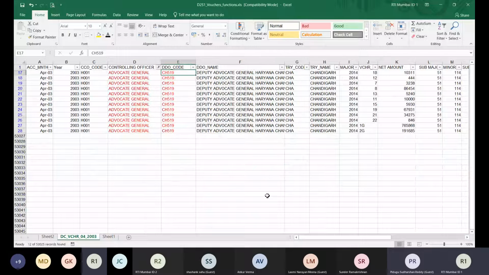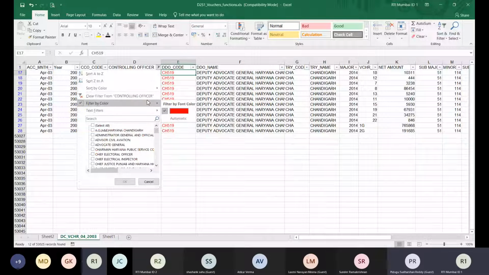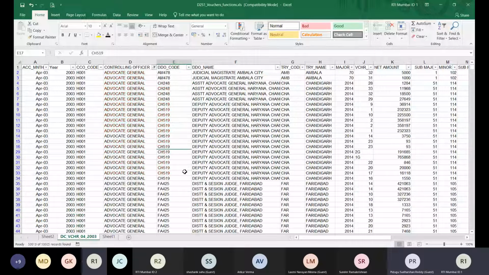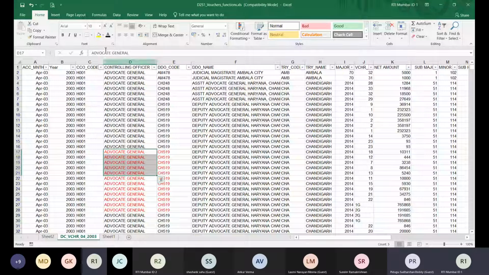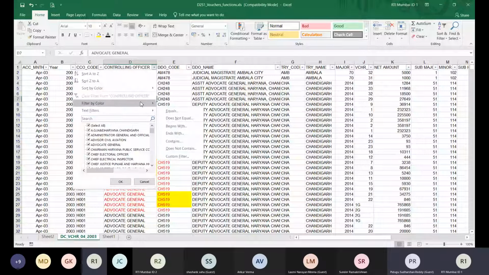क्लियर फिल्टर, अभी बाजू वाले उसमें मैंने फिल्टर बाय कलर रेड कलर लिया, तो रेड कलर। अदर देन रेड कलर चाहिए तो मुझे क्या करना पड़ेगा, फिल्टर बाय ऑटोमेटिक, तो मतलब जहां पे कलर नहीं है, ऑटोमेटिक का मतलब नो कलर, ब्लैक कलर, तो वैसे आप ले सकते हैं। समझो मैंने यहाँ पे इसमें से कुछ फील्ड को ये कलर दिया, मतलब बैकग्राउंड कलर, इसको भी बैकग्राउंड कलर कुछ को दिया है, तो आप फिल्टर के टाइम पे या सॉर्ट के टाइम पे फिल्टर बाय कलर में देखिए, फिल्टर बाय सेल कलर, फिल्टर बाय फॉन्ट कलर, दोनों का आएगा।